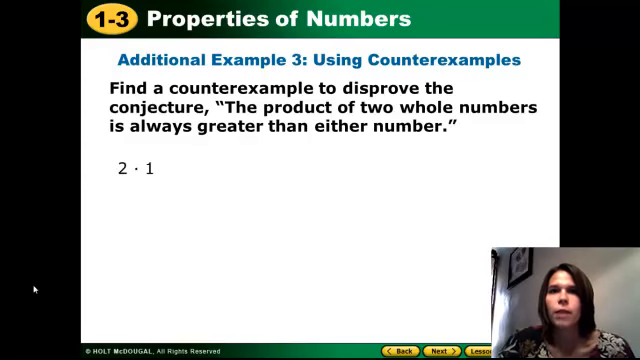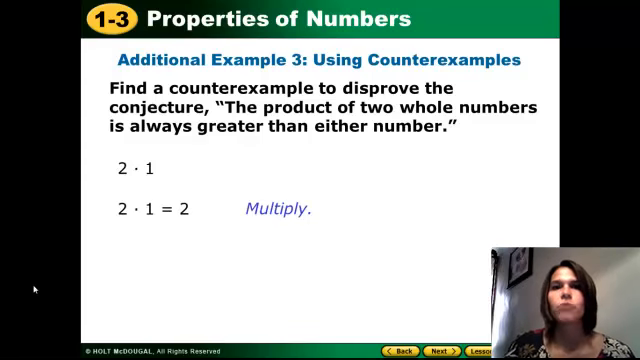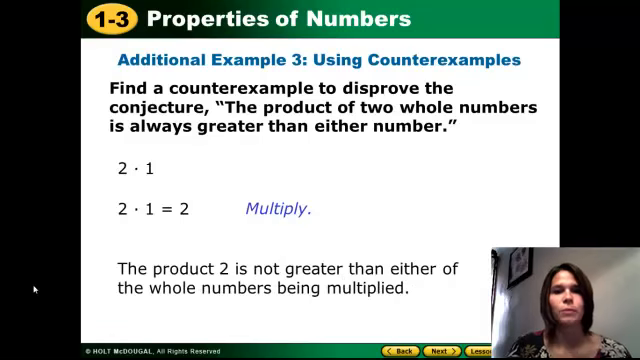What if I'm multiplying by 1? This is one of our properties, our identity property. 2 times 1 equals 2. 2 is not greater than either of the numbers in the original problem. So since the product is 2 and it's not greater than either of the whole numbers being multiplied, this is a counterexample, disproves the